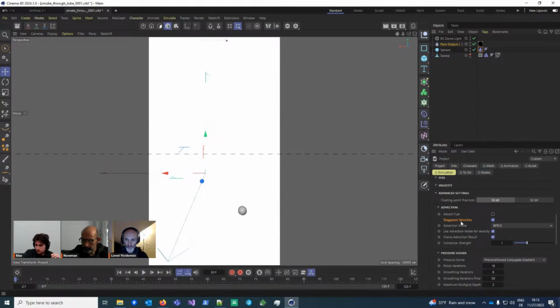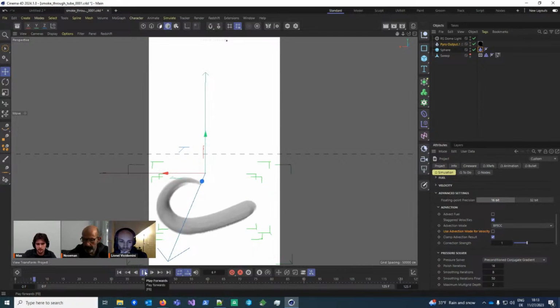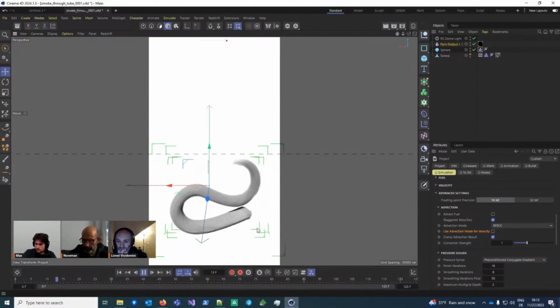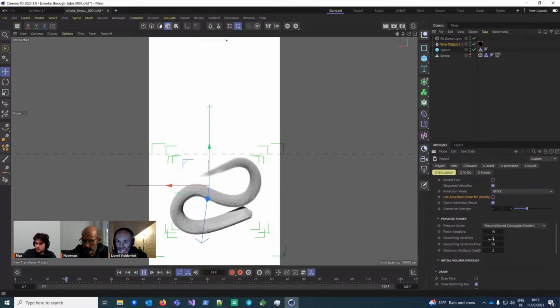Okay, so of course I need to restart the simulation. And well, the advection mode doesn't really matter. This is also just for accuracy reasons. If I would, for example, turn off this, then the velocity advection would use the semi-Lagrangian method, which would be more accurate and maybe have some more smooth result in the end. So I'll just let this run, and now we come to the pressure solver.